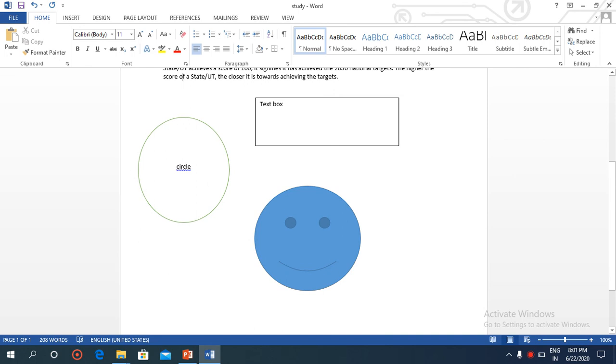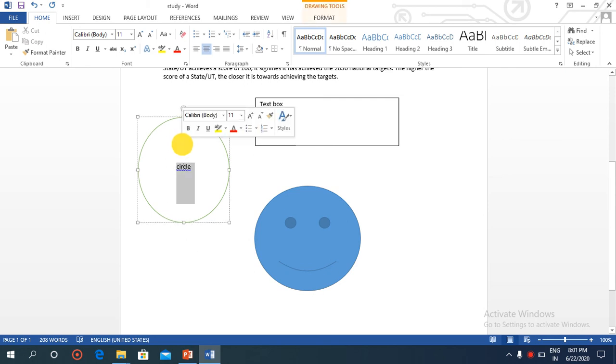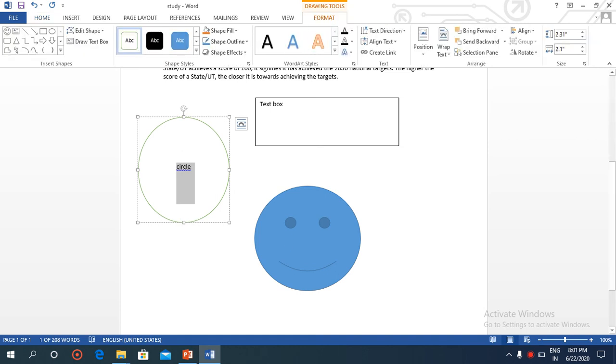Now what should we have to do for coloring our shape? So the steps are as follows. Double click on the shape that you have drawn. I had drawn a circle, so I have to double click it. In this way, now our option will appear. The format tab appears. This is the format tab. Here a tab will appear automatically when you double click the shape.